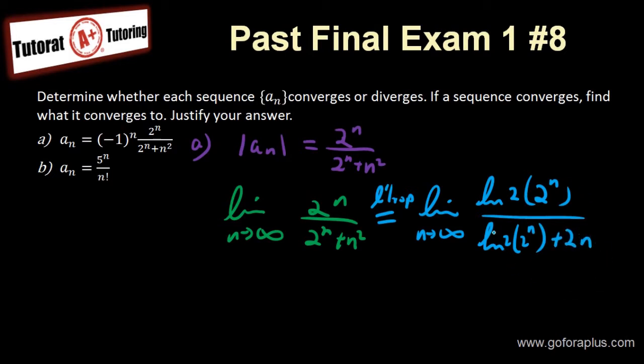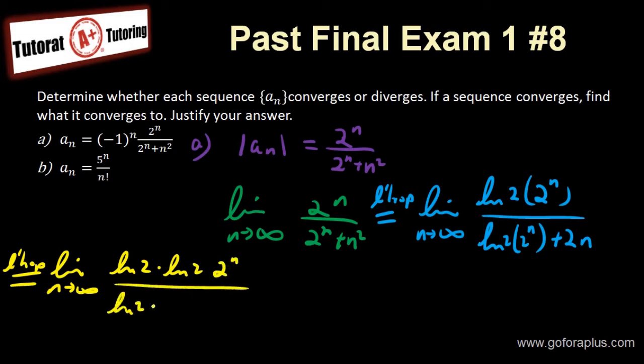Now again, this is giving you infinity over infinity, so I'll have to do L'Hopital's rule again. If I do that, I'll have ln 2 times ln 2 times 2^n over